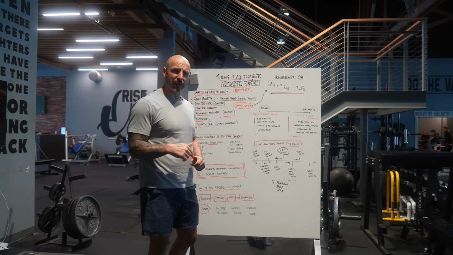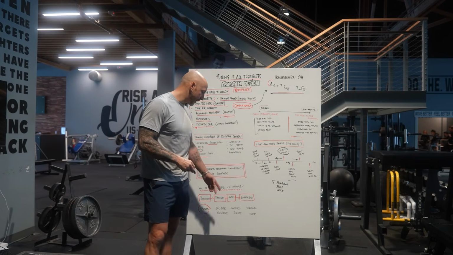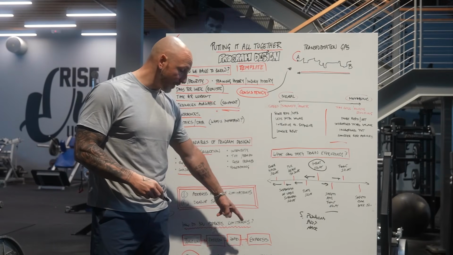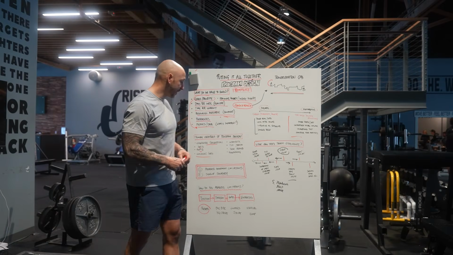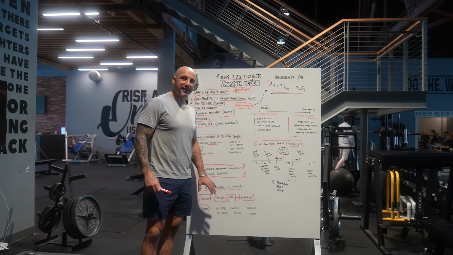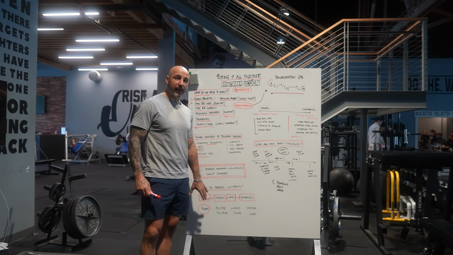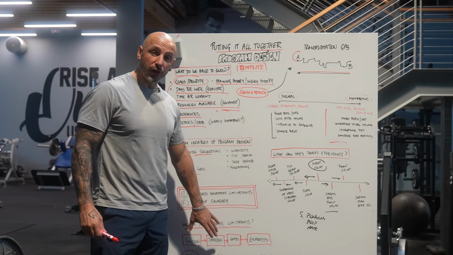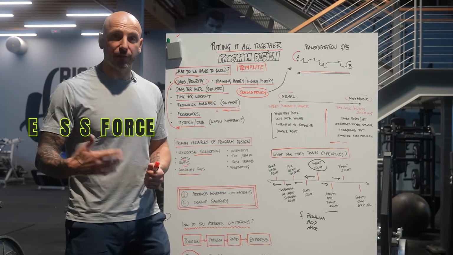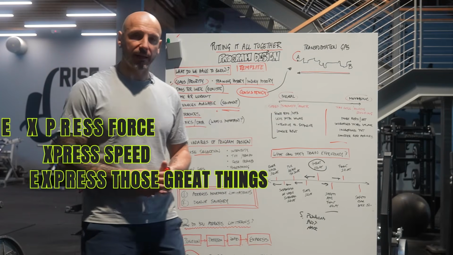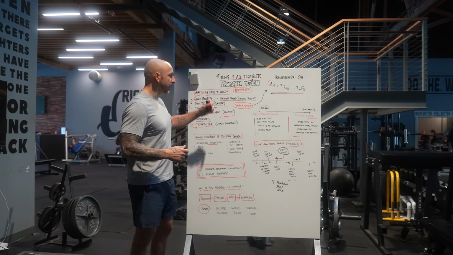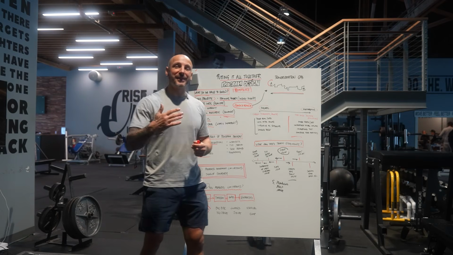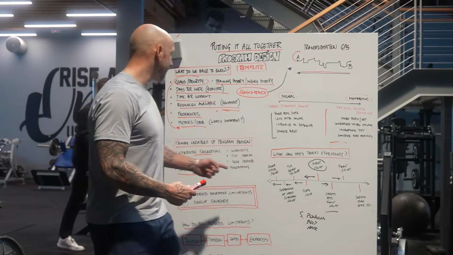Again, I'll put it in the comments so you can see it, right? And then we're going to load the squat and then a vertical jump, right? That's an expression of power with that pattern. Okay, so again, just remember, if it's not a good position, if it doesn't look right, we usually can't have a good pattern and we can't load that pattern and express force, express speed, express those great things. Okay, so again, this is important because you can write programs 10 times faster when you got this dialed in.